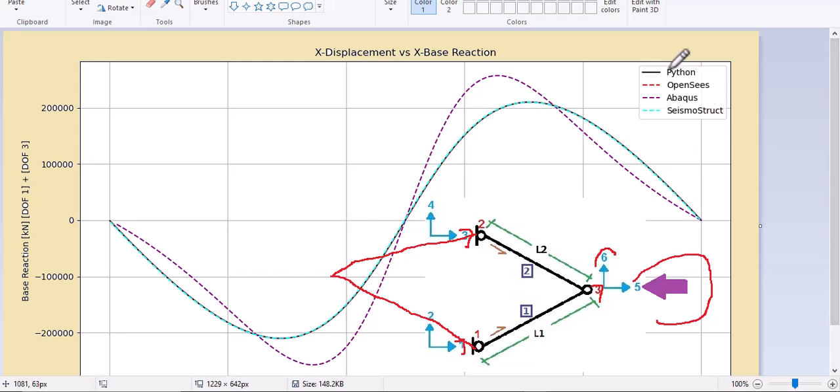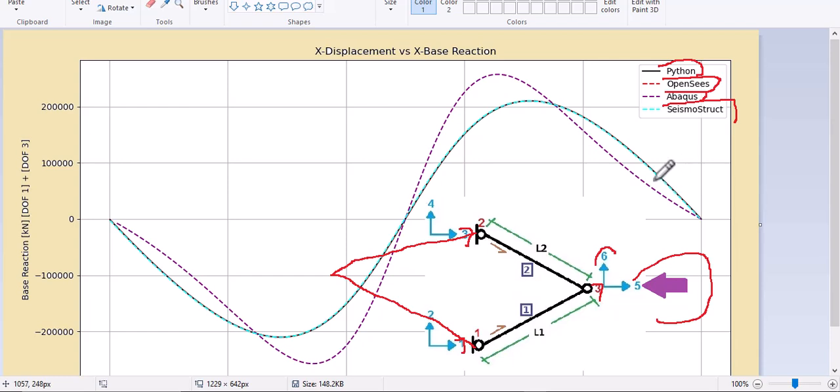You see guys, based on this analysis, we're going to output and show the different results such as the Python code as I developed with the finite element method, the OpenSees library, Abaqus and SeismoStruct. For these two types of analysis, Abaqus and SeismoStruct, we're just going to load the outputted data and then show it to you. For example, in here,